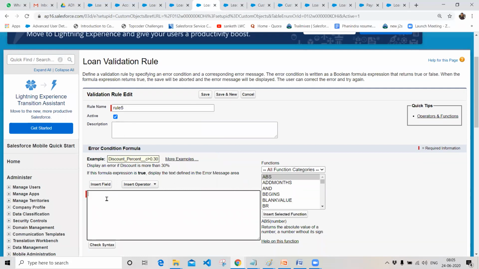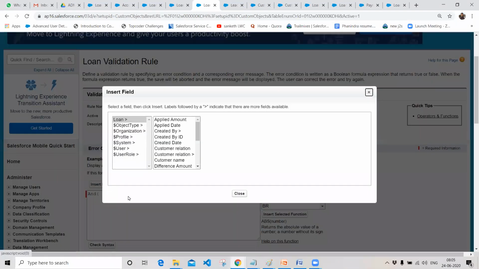I have to check two conditions: if the customer is an active customer, and at the same time check whether the applied date is null or not. So I will take an AND condition over here, and write the cross object formula. If you want to write a cross object formula, you can select it by using the insert field option over here.